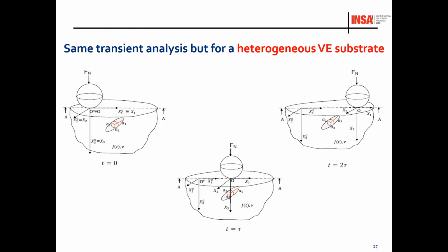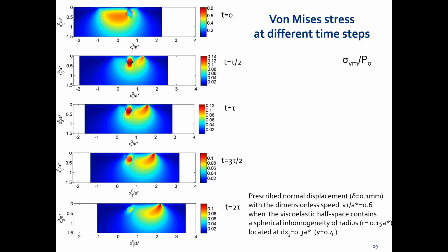Okay, then this time we will add some inclusions to see the effect when the ball is rolling. And okay, this is just one example. There is different time steps, and of course the contact pressure here is moving. The inclusion is stationary. Okay, you can see here the shape of the Hertzian stress distribution. This is the von Mises stress. Yeah. You can feel where is the inclusion because you can see it. Now the load is almost on the top of the inclusions. Then you have a high stress concentration around the inclusions.